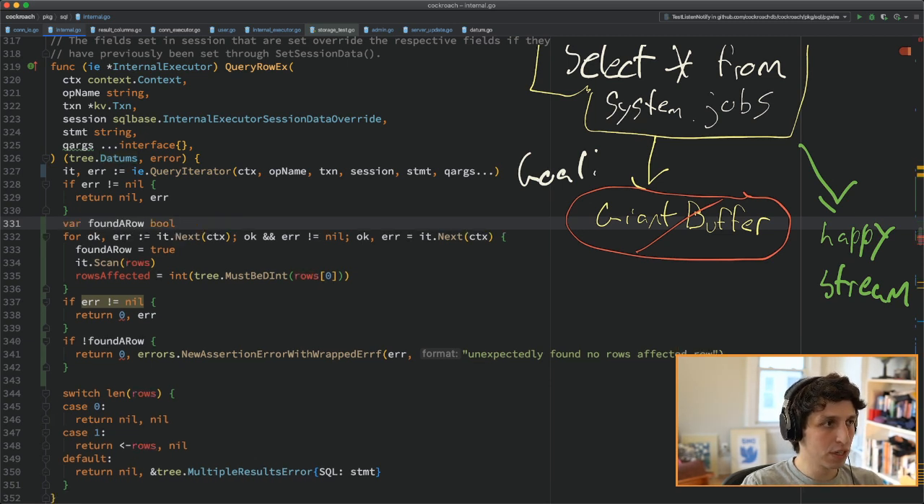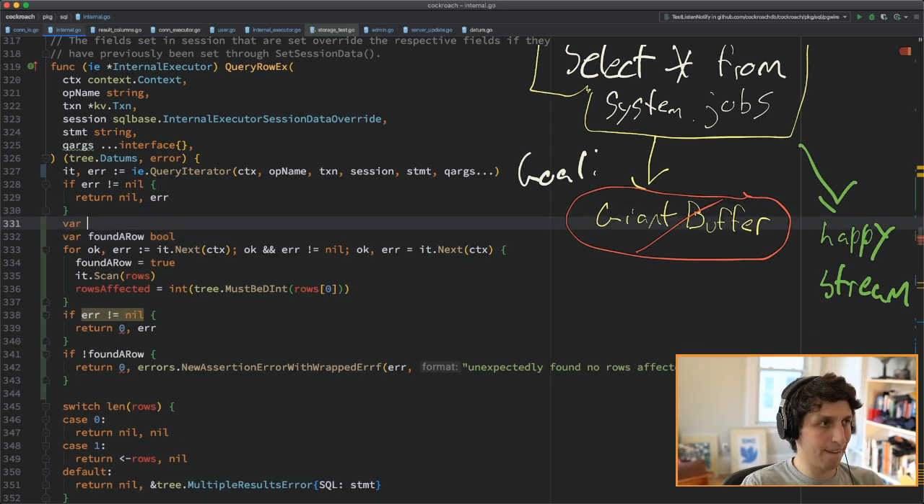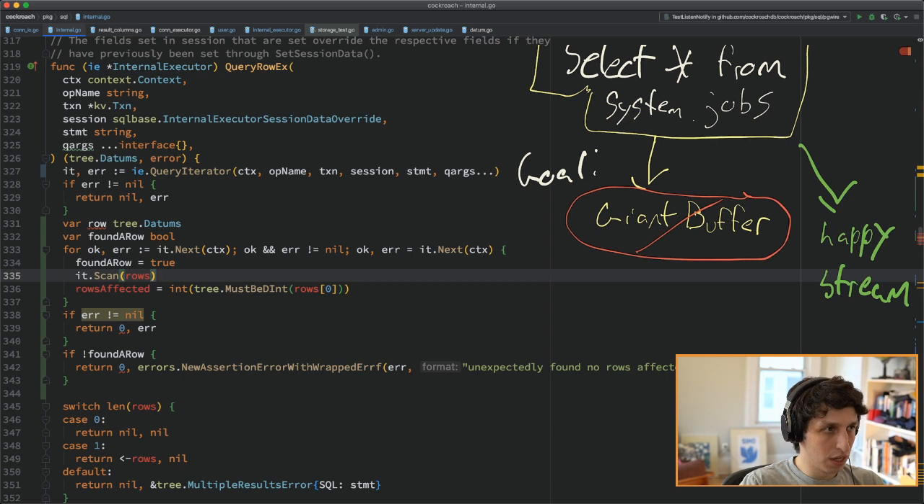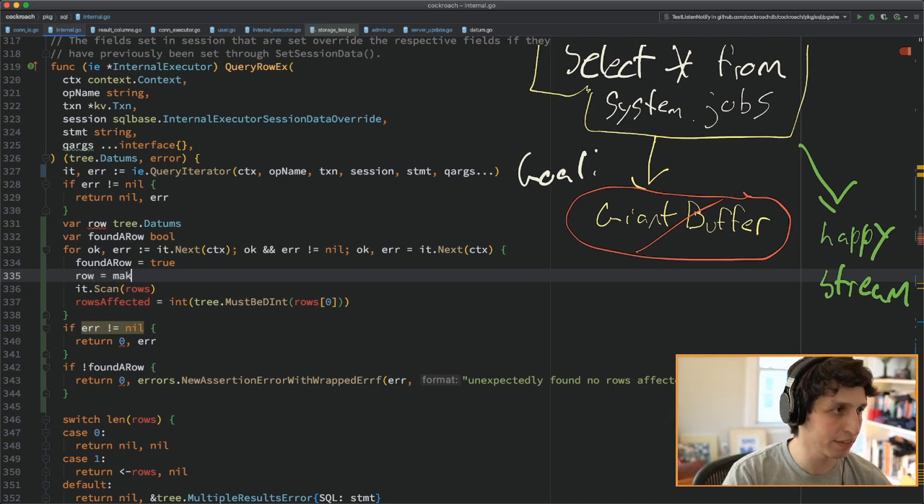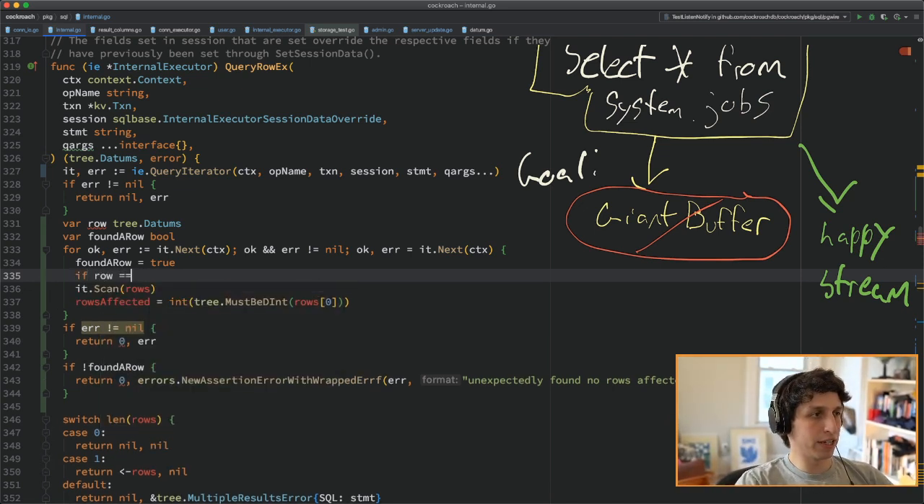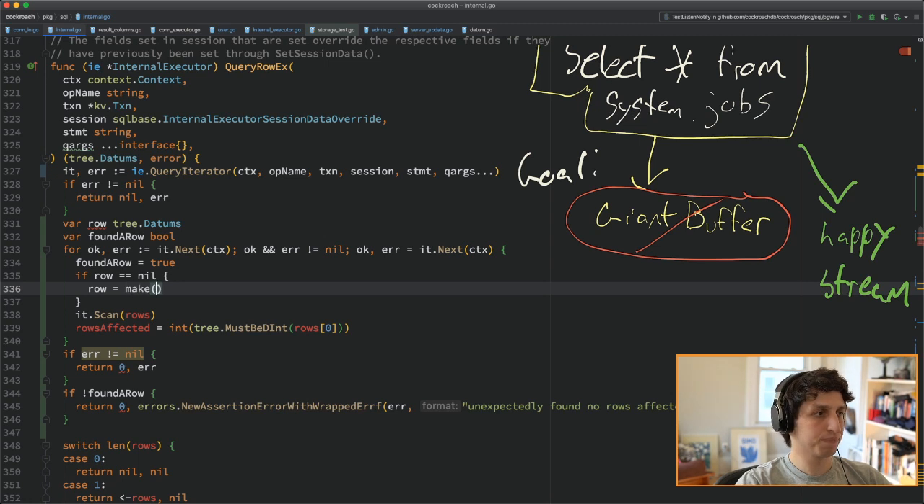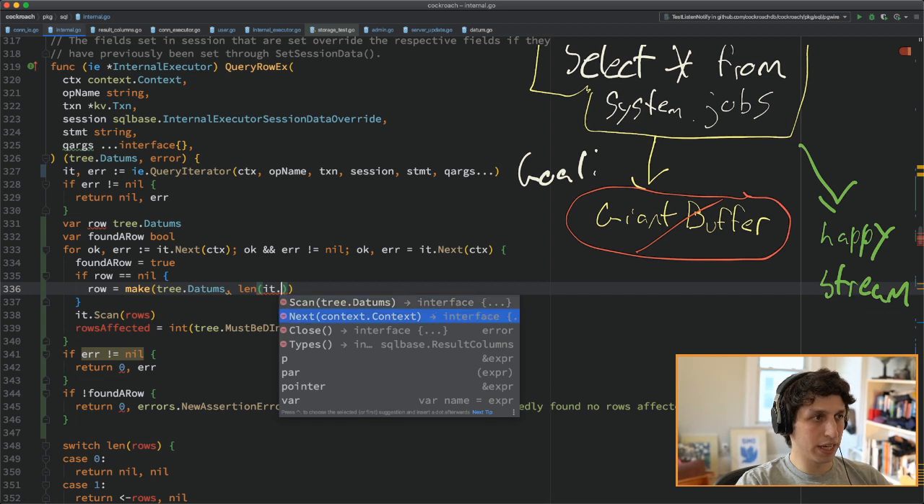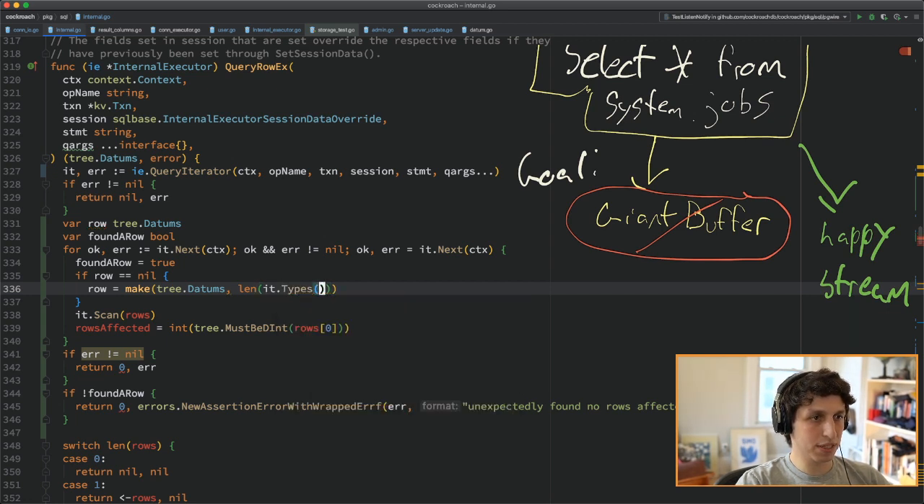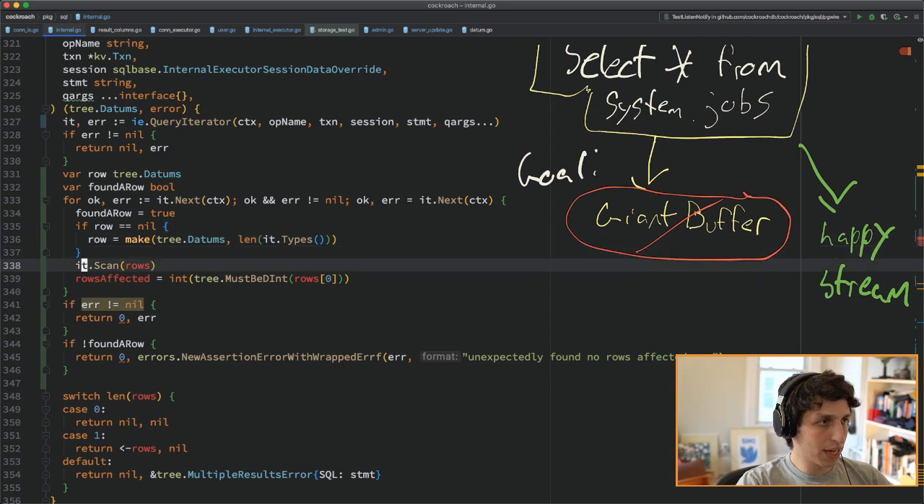So we'll say, I guess we can make the container first. Var row tree.datums. Oh, you know, this is quite problematic. Oh, no, it's not. We have the length of the columns. Okay, so we can say if row is equal to nil, row is equal to make tree.datums, len it dot types. So we do that, and then we say it dot scan row,